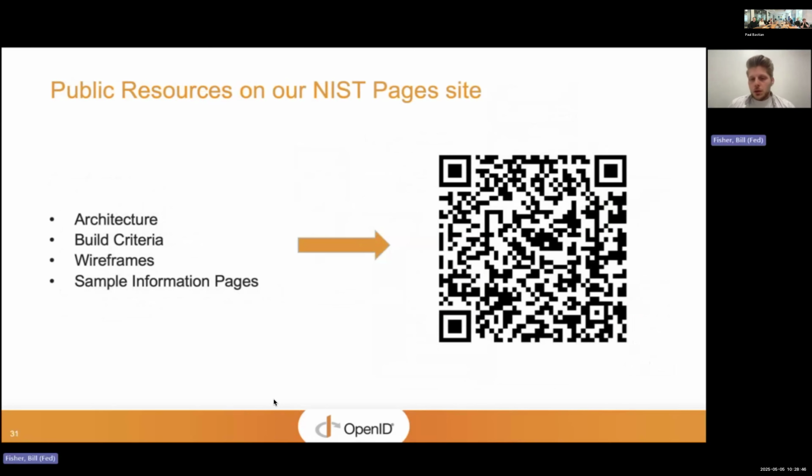So that's just a quick overview. If you're interested in the project and what we've been doing and keeping up to date on things, I put a quick QR code here for where we've been releasing a lot of our public resources, to include this architecture. We actually have 2 listed on the website because there's a cross-device and a same-device flow. We have listed our build criteria. We have video wireframes for how this will eventually look with the Bank of the NCCOE, and lots of other resources that we're putting out there. So I would encourage everybody to check that out. If anybody has any questions, they can reach out directly to us on our website. Everything on that website is open for public comments.